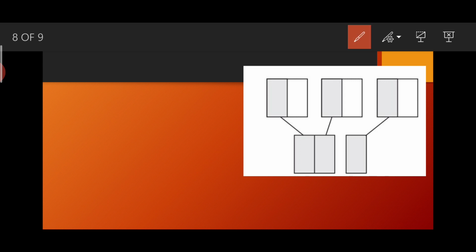Okay, in this example you can see that we have 3 boxes now. Okay, we are having 3 boxes here. So this part will be 1 by 2, this part is again 1 by 2, and this part is again 1 by 2. So for these 3 shaded boxes, you can write 1 by 2 of 3. Okay, now you have combined all the shaded portion in this picture. You have taken this part here and this part here and this part here.